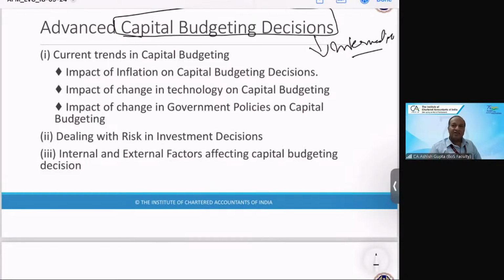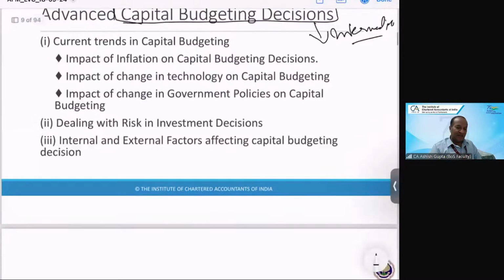A commodity that we purchase at 100 rupees today, maybe due to inflation after 1 year, the same commodity, same quality, everything the same, may cost us 105 rupees. So this is called inflation. There may be other reasons. If the manufacturer says the manufacturing cost or the cost of raw material has increased, wages have increased, all this indicates that there is inflation in the economy, and that's why the price has increased.